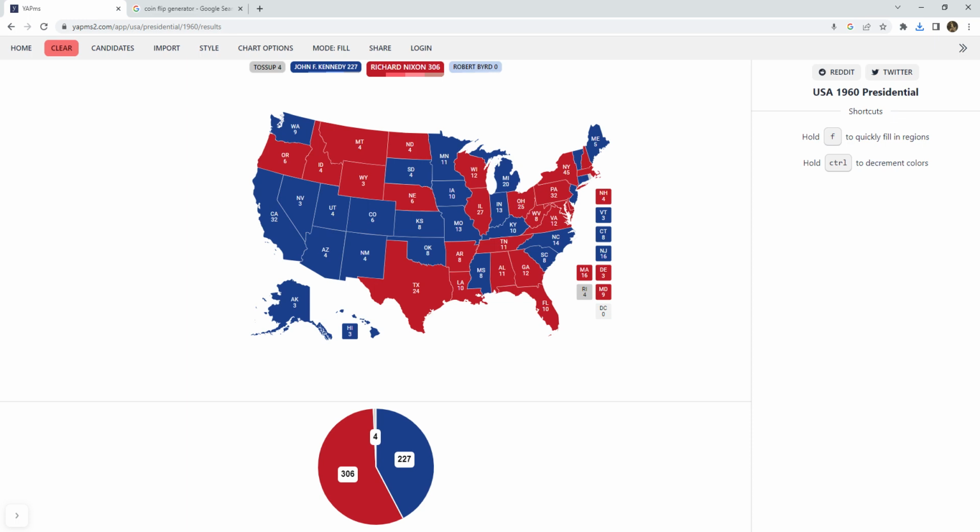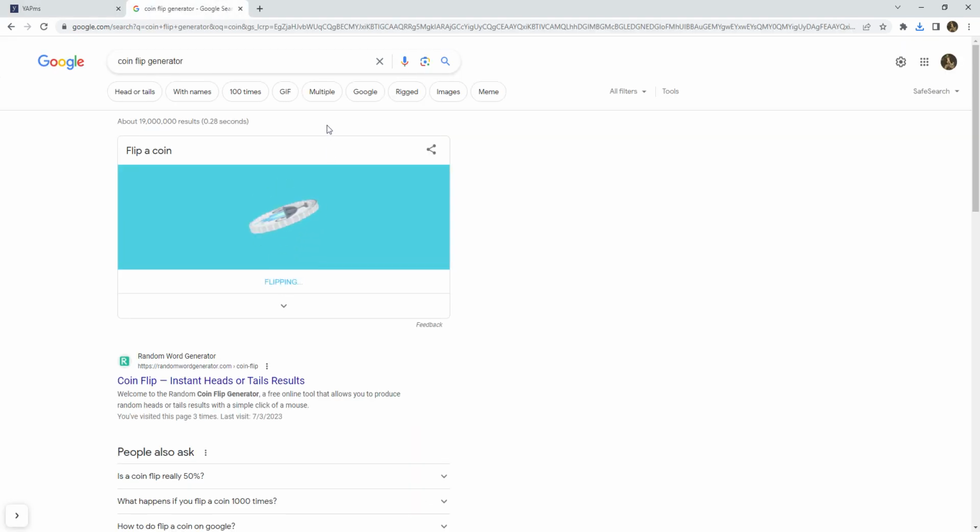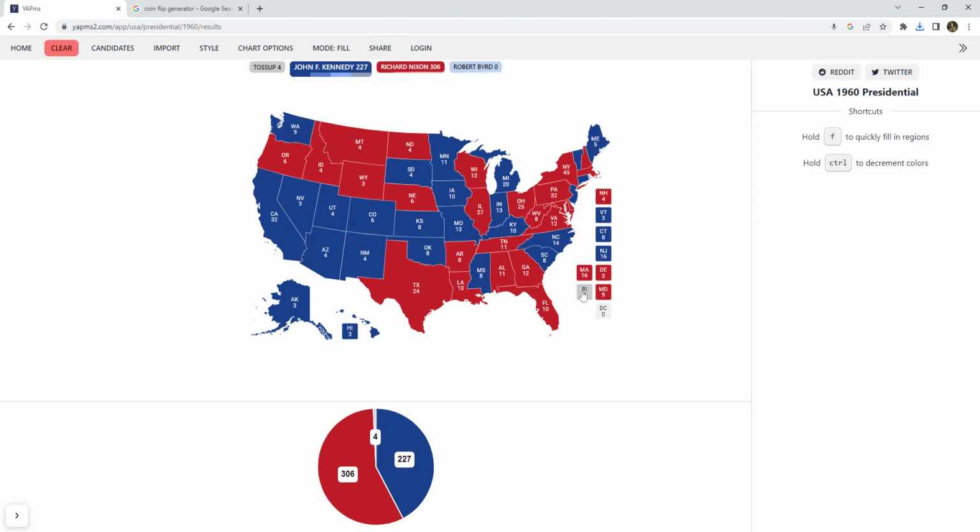It looked like Kennedy was cruising to victory at first when he was doing very well in these western states. But then Nixon mounted a comeback in some of the plain states and the southern states mostly, and got quite a few northeastern states. And I just realized I forgot Rhode Island. I don't know how. But anyway, let's get that. I'm sorry, Rhode Island. I forgot you. And I will go for Kennedy. So now, the total is Nixon 306, Kennedy 201.